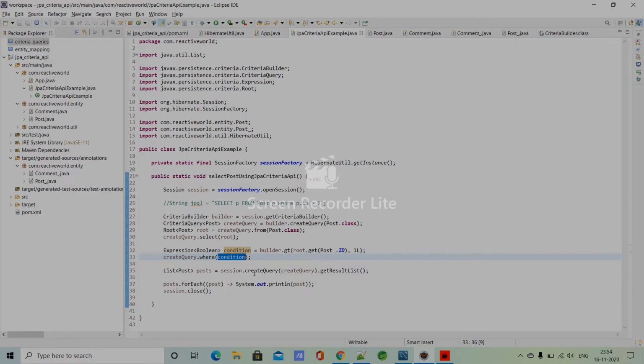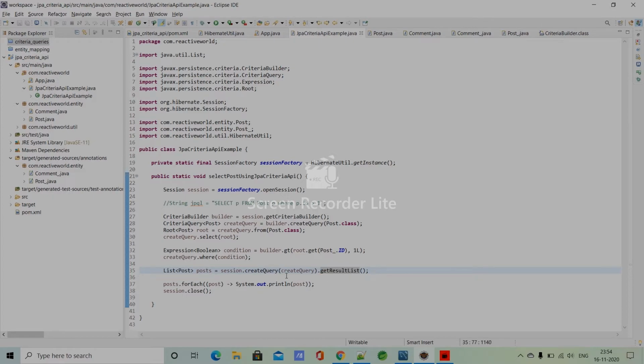And then we will pass this criteria query object into the createQuery method. It is the same as we did in JPQL and HQL for creating executable query objects. And on that object we are performing a get result operation.